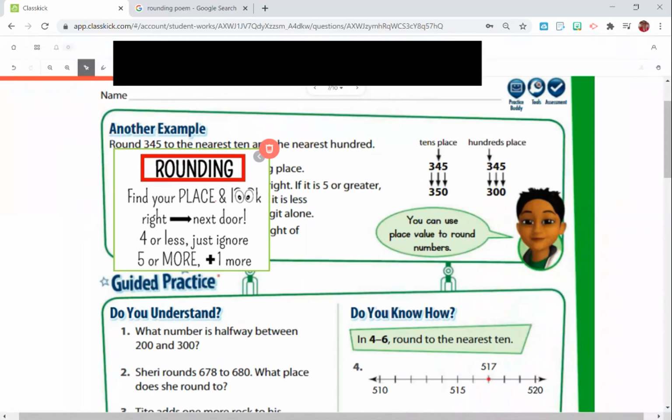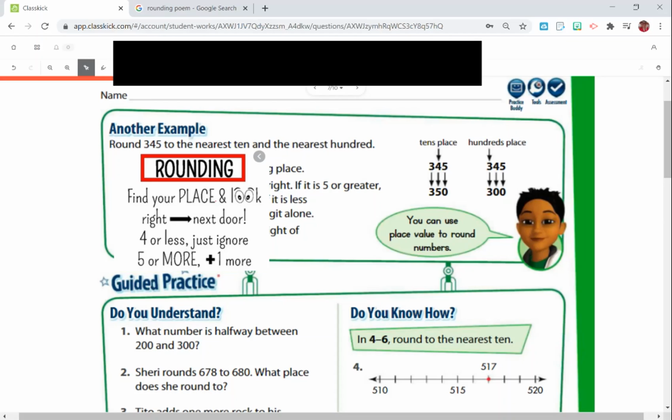Using this poem, find your place and look right next door. 4 or less, just ignore. 5 or more, plus 1 more. You can see in our example, 345, if we round it to the tens place where the 4 is, we